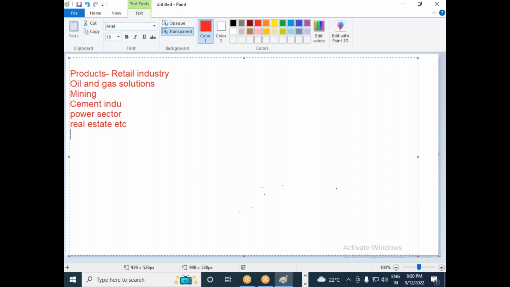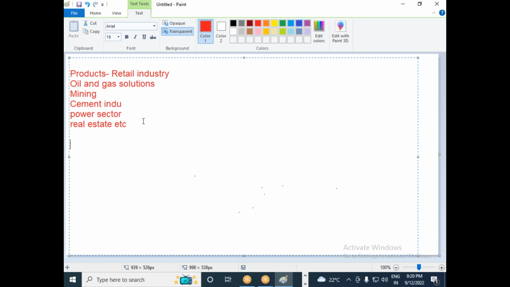We are trying to learn SAP MM. In which area of an organization is SAP MM going to support as a software? Can anyone tell in which area of the organization or industry SAP Materials Management is going to support? We discussed that SAP FI will support the finance department, and SAP HRMS will support the HR department. When it comes to SAP Materials Management, in which area of the organization is it going to support? Can anyone tell?